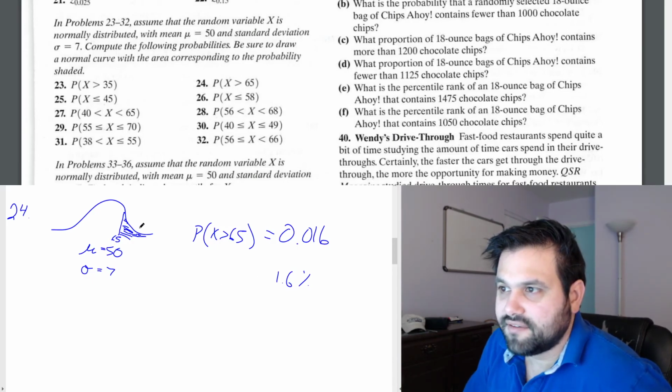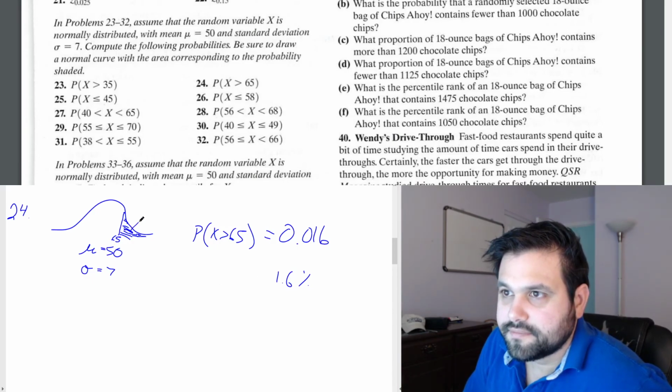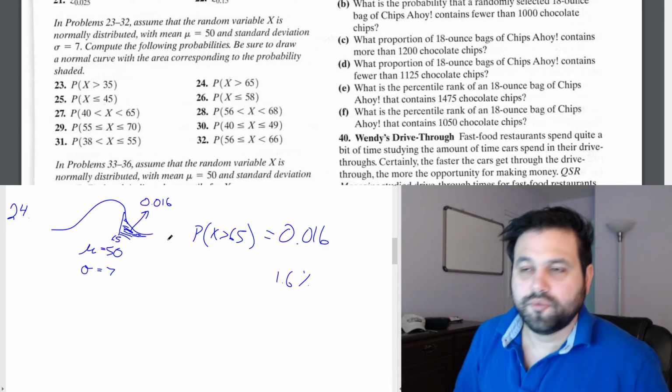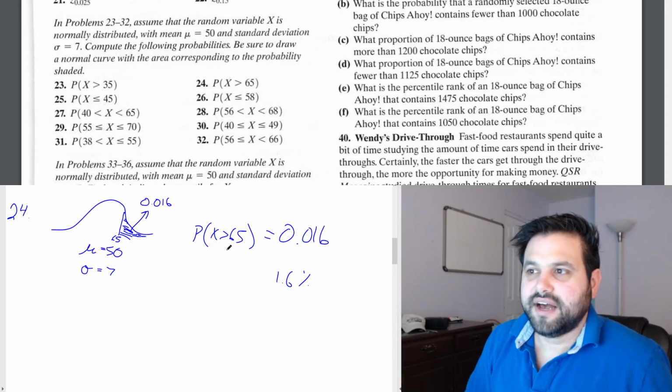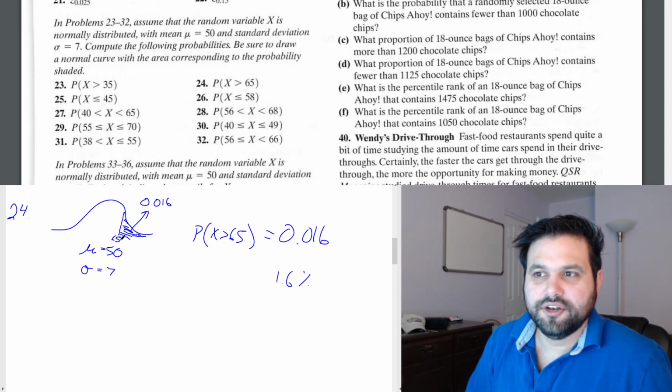So right now I have this area right here equal to 0.016. So if I wanted to find this value of 65 again, like if I didn't know what 65 was, I was given the mu of 50, the sigma of 7, and this area to the right being 0.016, I would be using,